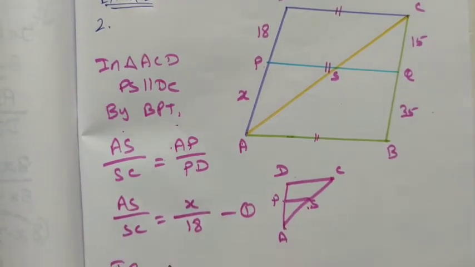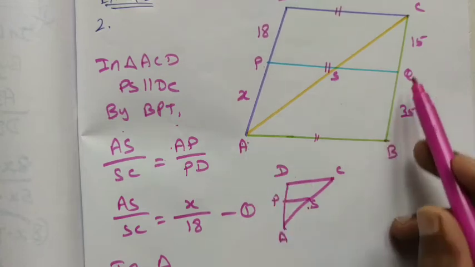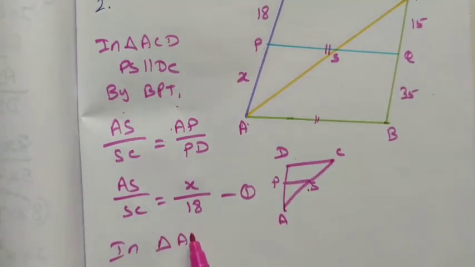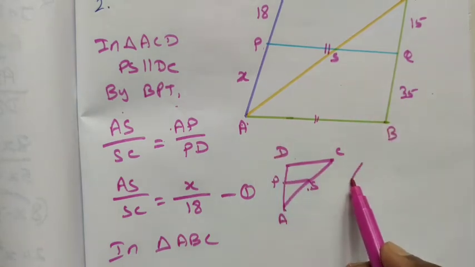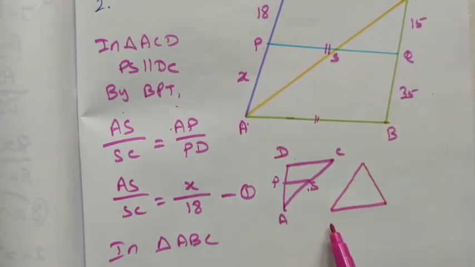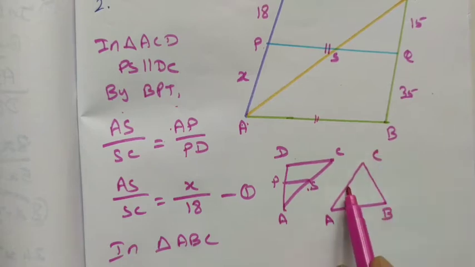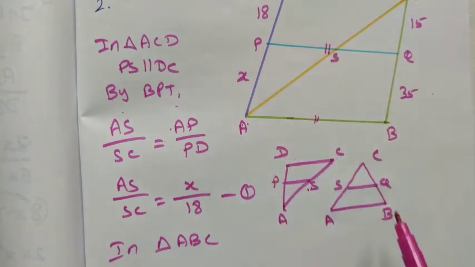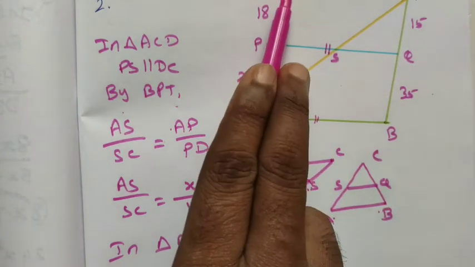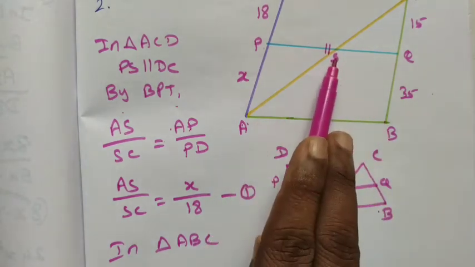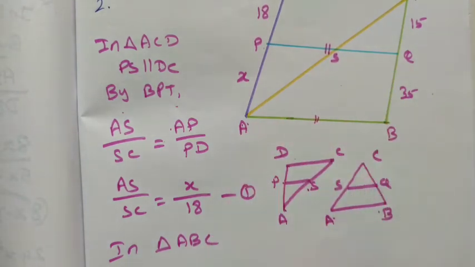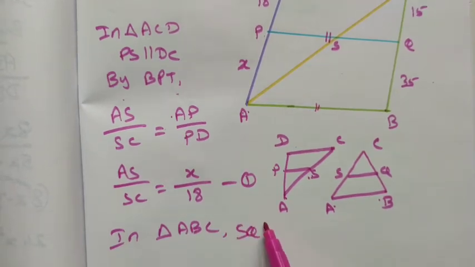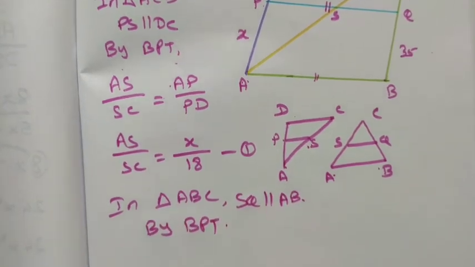Next, in triangle ABC, I am drawing this triangle here. This is the triangle ABC, with the line SQ. Here PQ is parallel means half of the line SQ is also parallel to AB, right? Because DC is parallel to AB, this line is also parallel to AB. So by the condition SQ is parallel to AB, by basic proportionality theorem, BPT,